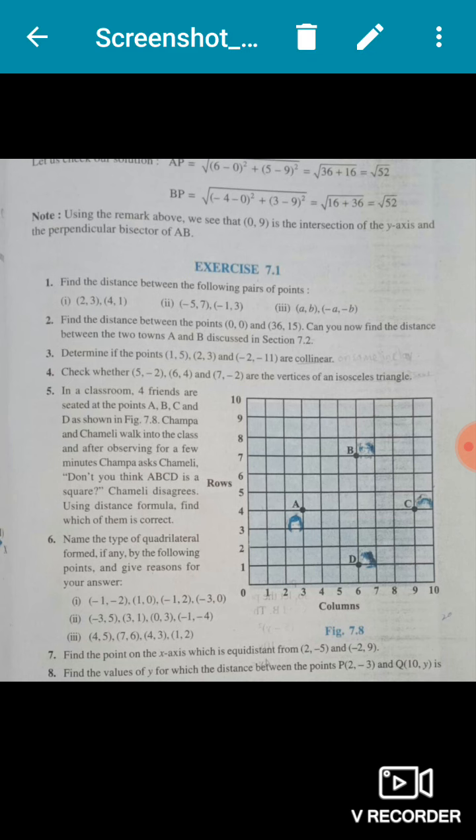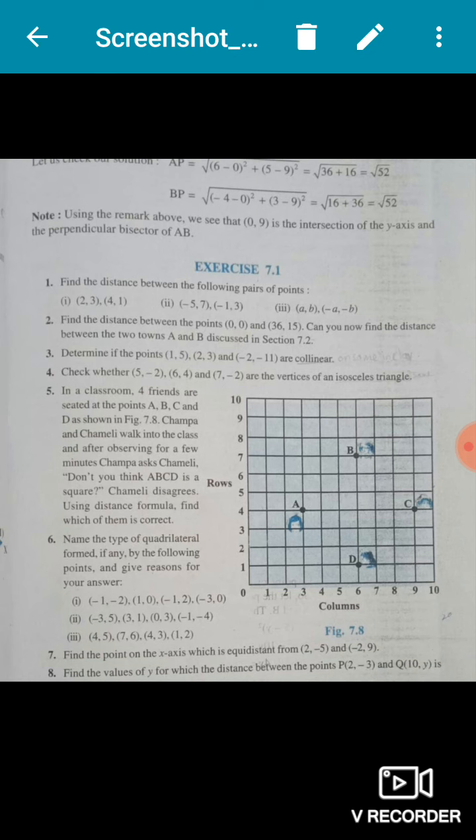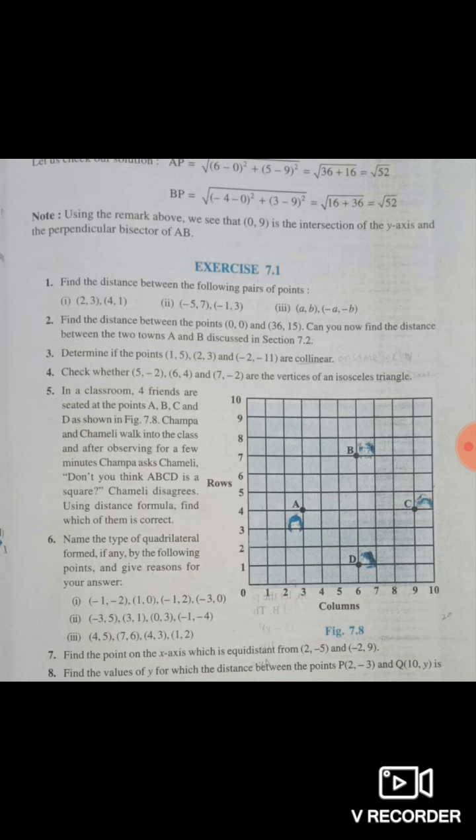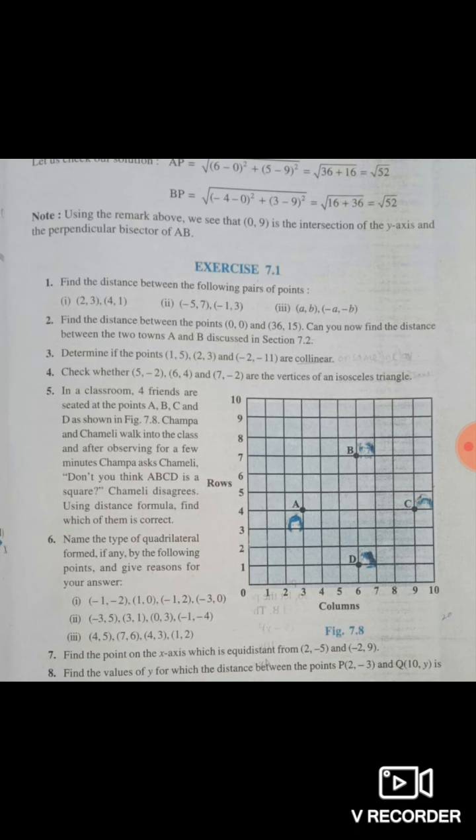AB, BC and AC, 3 distances we will find, then we will check whether any 2 of them are coming the same. If the 2 are the same, then we will say yes, they are vertices of an isosceles triangle, otherwise no. If all three are not equal, if all three are different, then they are the sides of a scalene triangle. And if all three are equal, then they are sides of an equilateral triangle. For an isosceles triangle, only two should be equal with each other. The third will be any different value. Two will be the same. Clear?